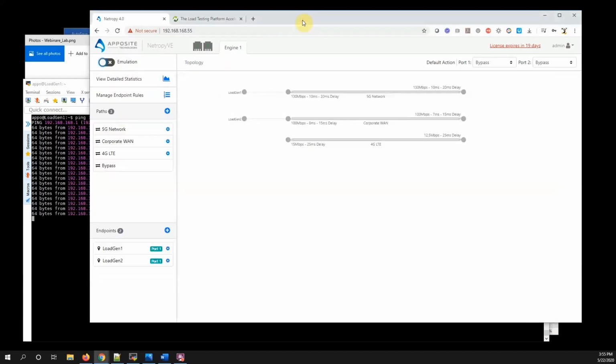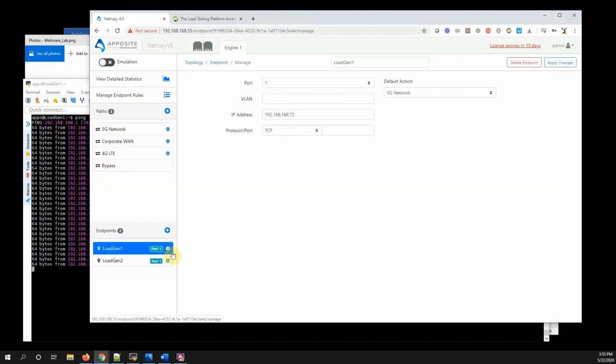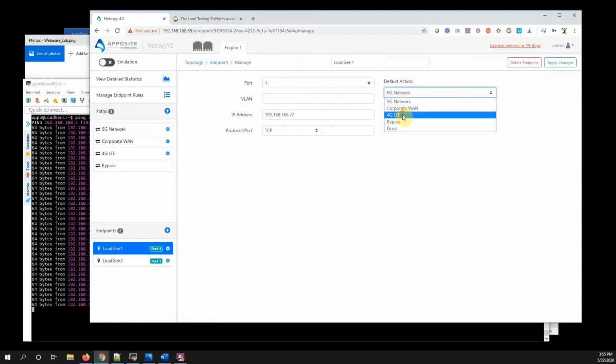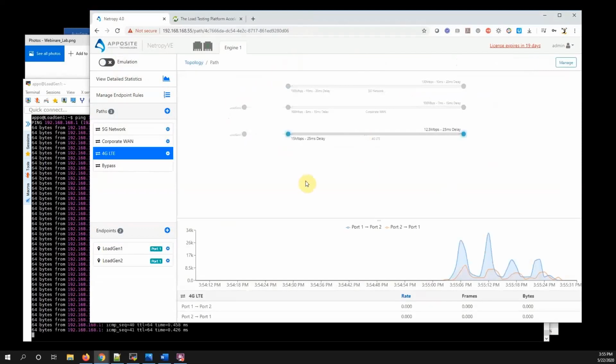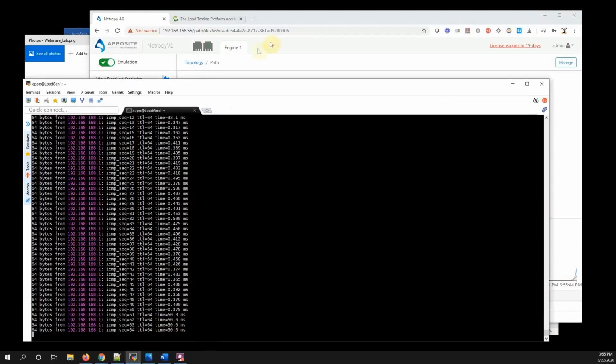So now I want to test over this 4G network. I'm simply going to assign load generator 1 to this 4G LTE. So I'll edit load gen 1. I can see here it's assigned to the 5G network. I'm just going to go to 4G, and apply my change. And now I see load generator 1 is now on 4G LTE. We still see 0 ping time down here because I haven't turned on emulation. So I'm going to quickly turn on emulation, and we should see our 50 millisecond ping time, which we do,